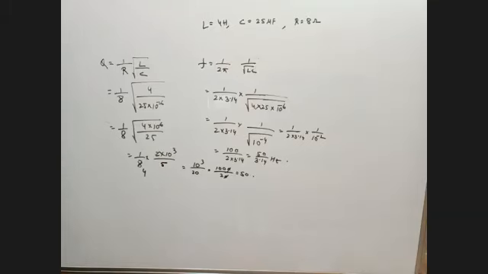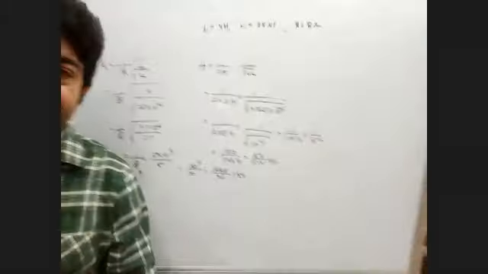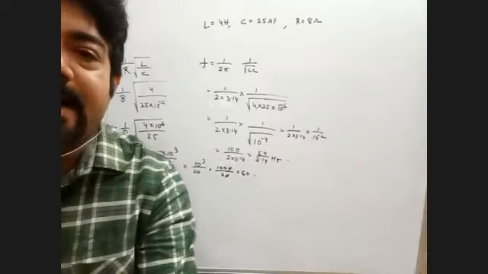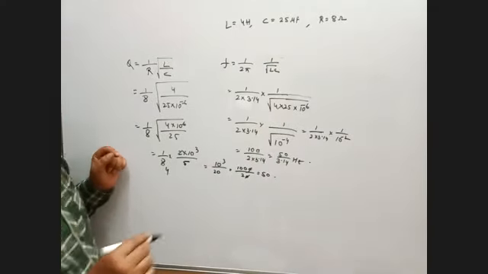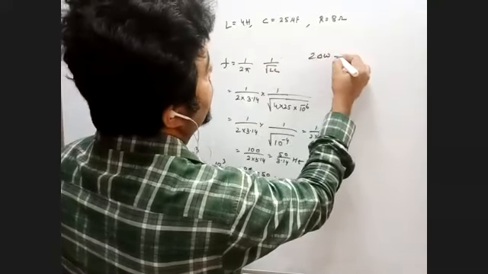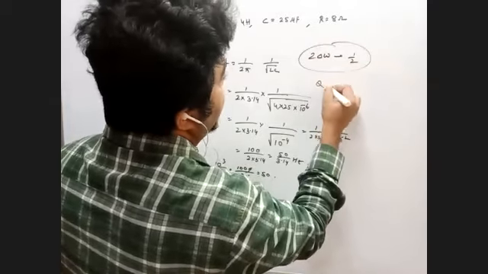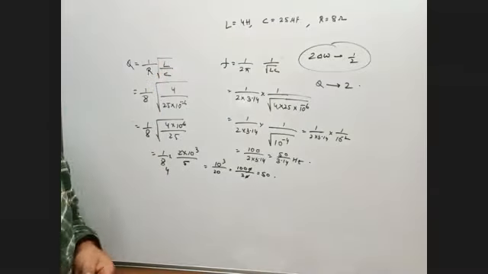Now the second part is very, very important. It is desired to improve the sharpness of the resonance of the circuit by reducing its full width at half maximum by a factor 2. Suggest a suitable way. That means I have to increase the value of Q. That means I want my bandwidth to become half and the Q factor to become double. What do we have to do?